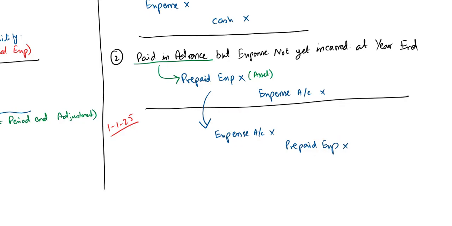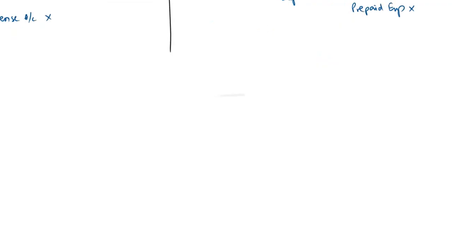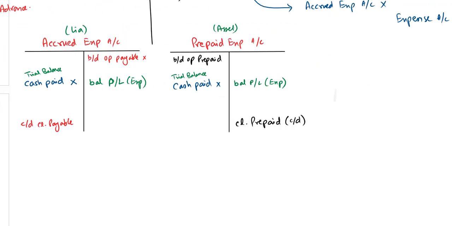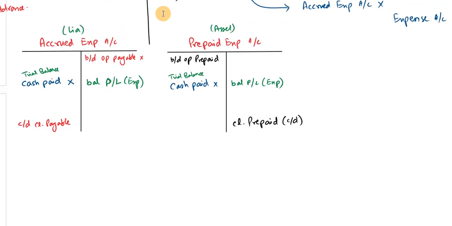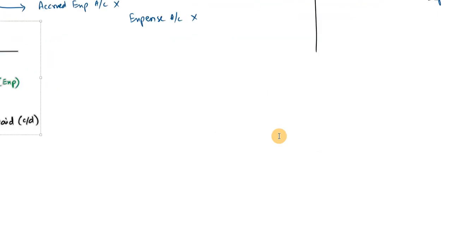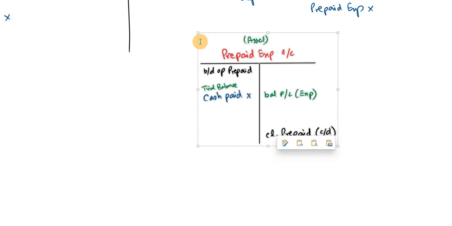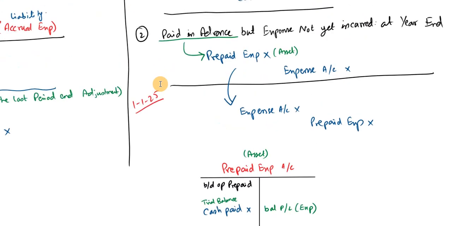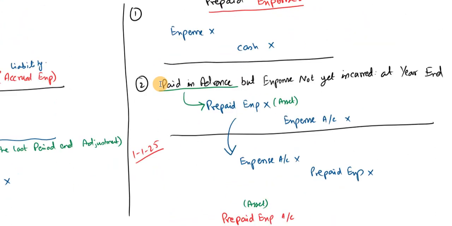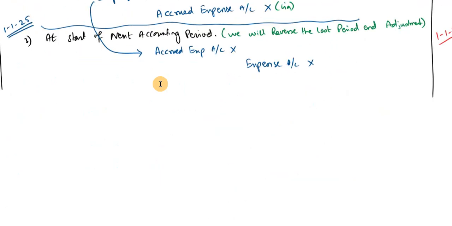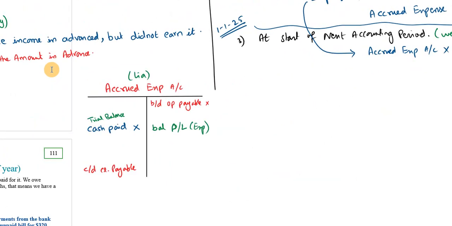So this is the entry, and this ledger will relate to the prepaid expense, and this ledger will relate to the